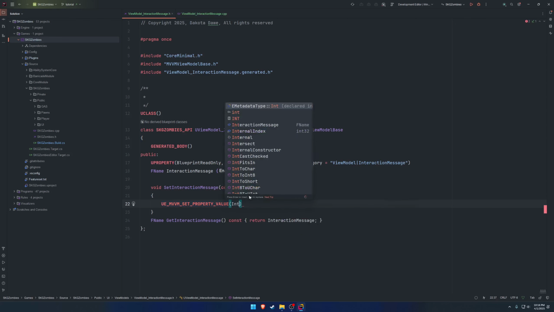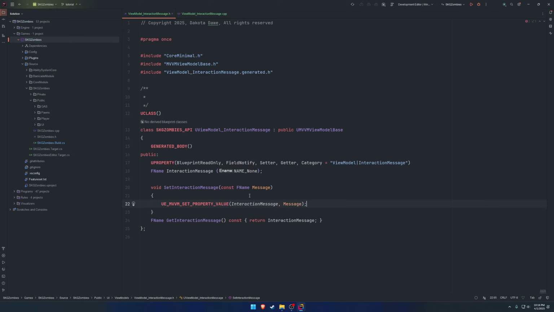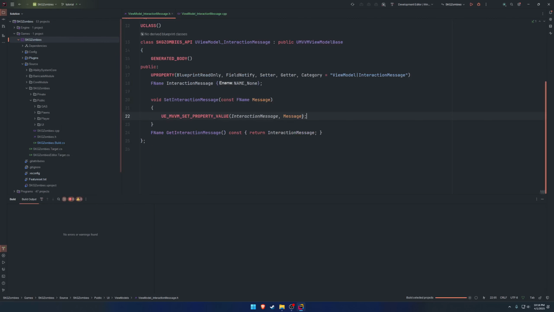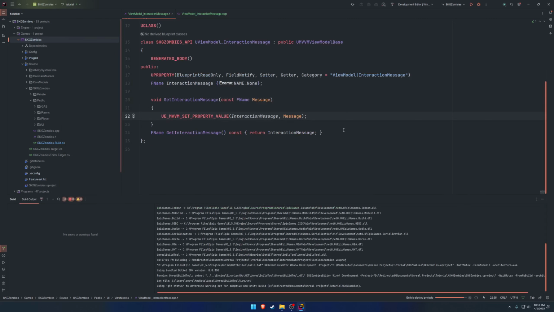So we're going to do interaction message and the new value, which is message. And that's pretty much it. So once we have this, let's go ahead and build, make sure everything is good to go,